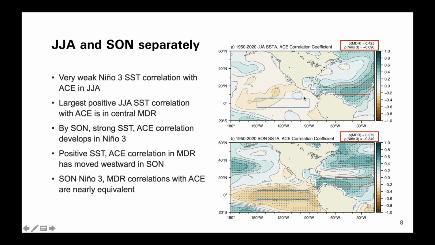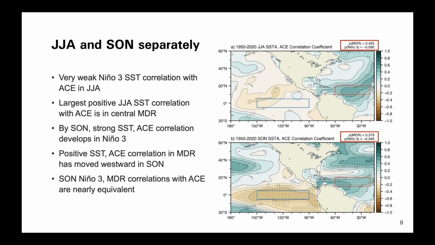So in JJA, the strongest positive correlation between ACE and the SST anomalies is centered in the MDR, which seems to reflect the boreal spring to summer dissipating pattern of the AMM. And note that at top right, we again have the correlation coefficients, this time between ACE and the specific local and remote regions. A statistically significant correlation coefficient of 0.42 is found in JJA between ACE and the area averaged